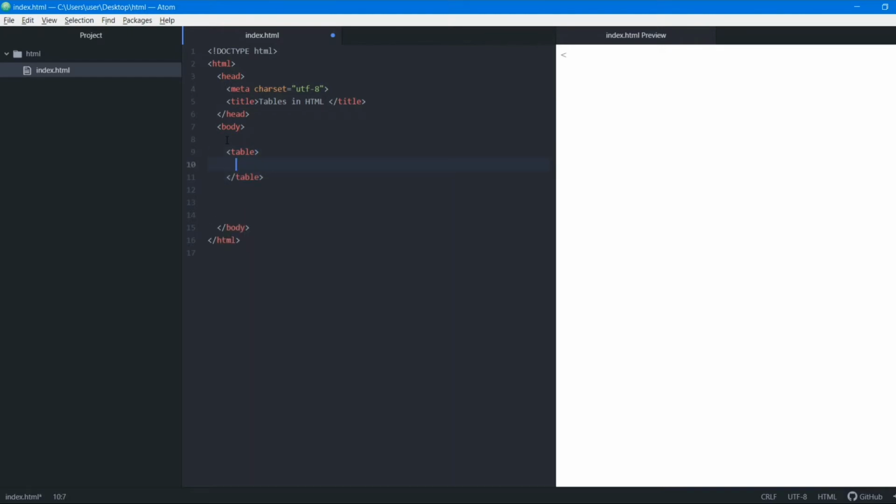Now inside this we are going to add a tr that stands for table row, and then inside this we have our td elements. td elements are similar to li elements. You can see that this whole part here is similar to our lists: ol, li and then the closing ol tag. Okay, now here we can add any number of rows and any number of data elements inside each row.